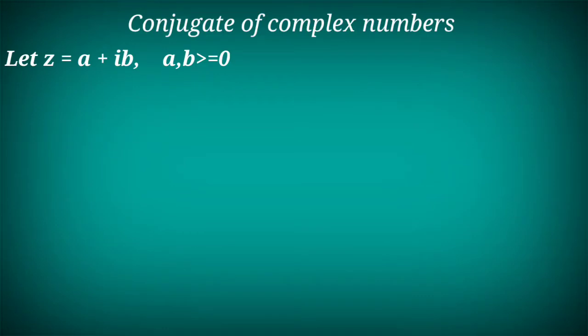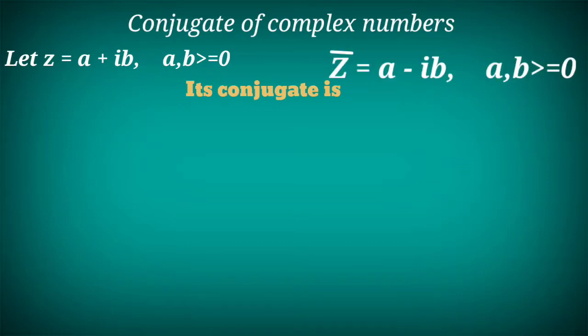The conjugate of a complex number is a complex number obtained by putting minus i in place of i, and it is denoted by z bar. Therefore, if I take z as a complex number a plus ib, then its conjugate z bar is nothing but a minus ib. I can write that complex number in point notation also as (a, b), and its conjugate will be (a, -b).